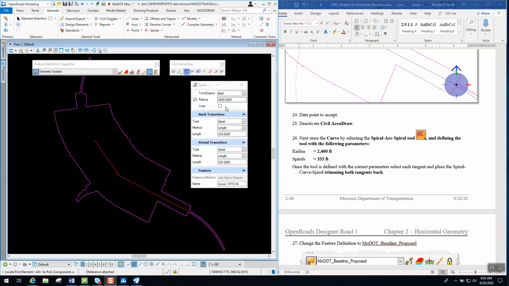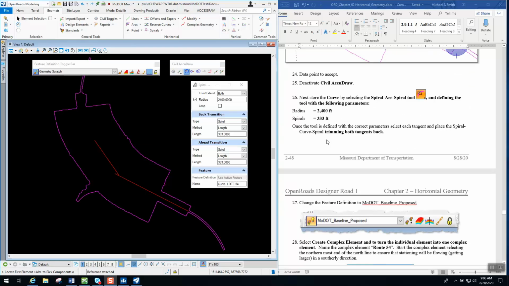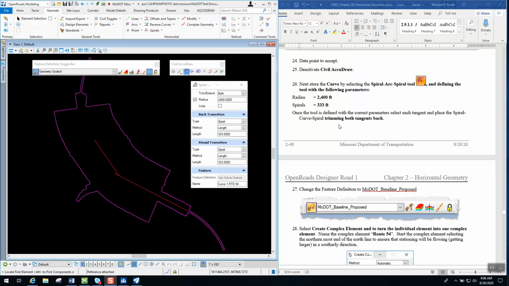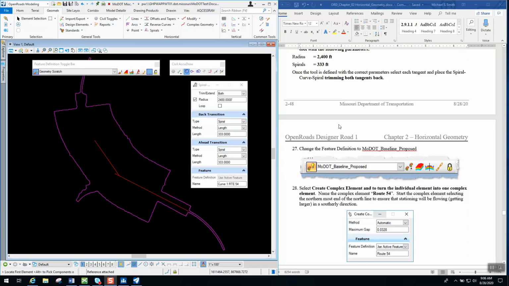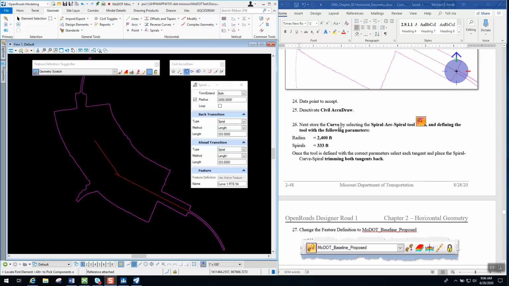Once you have your dialog filled out like this, with the trim back both and everything, you can come out here. It says locate the first element. So if we look down through here, we're going to go ahead and pick our 2 lines. Okay, it says we're going to store the curve. Once the tool is defined, we're going to select each tangent. So that's almost like a step 27, but it's right in step 26. It's all together there. So we're going to left click on the first line, left click on the second line,